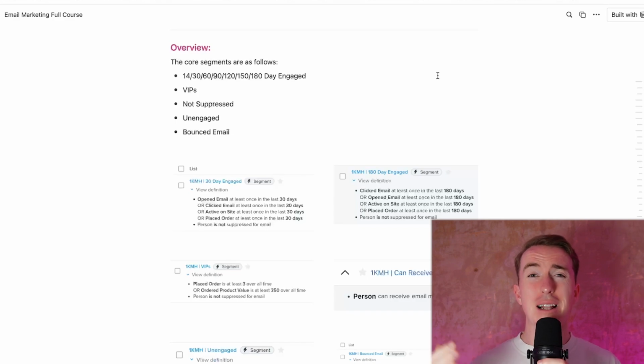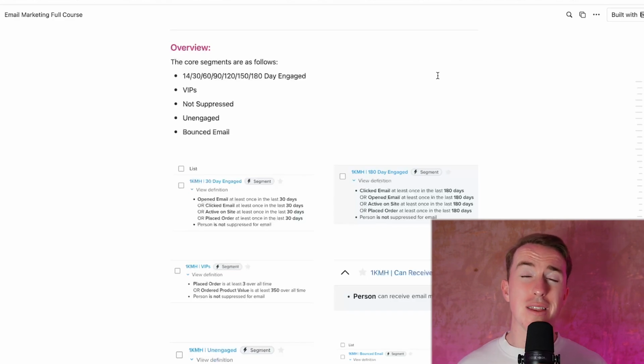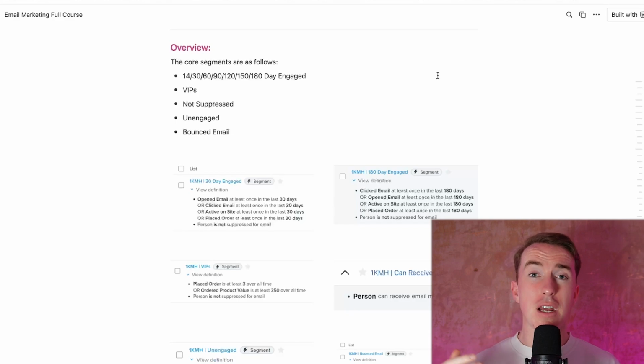So if we can get even just a little bit more revenue out of those opportunities within the account, it's going to really, really help us. And like we're saying, incremental revenue, it would not have happened otherwise. So it's a huge win if we're able to get more revenue out of that particular segment. So this is what you need to know for now. It doesn't need to be super, super complex, but just make sure that you're segmenting your list properly